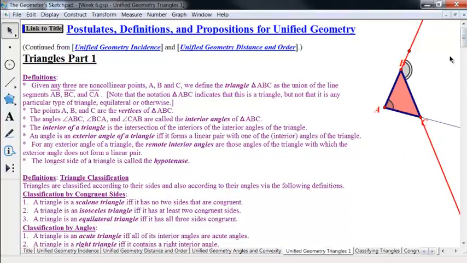Now, the first thing I want you to notice is there are definitions. We have lots of definitions in geometry. There are lots of definitions in mathematics in general, but geometry has probably more than its share. And it's very, very important when you're studying mathematics that you memorize the definitions. So one of the things that you want to do is make yourself